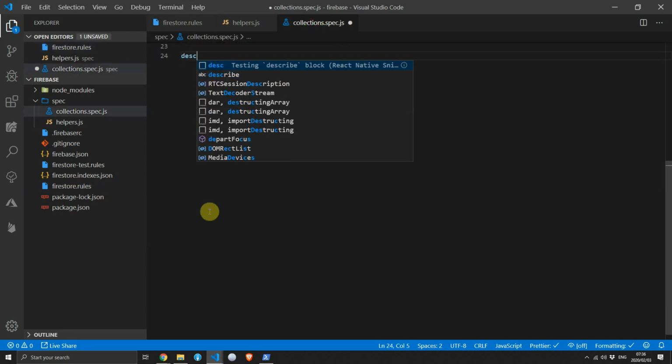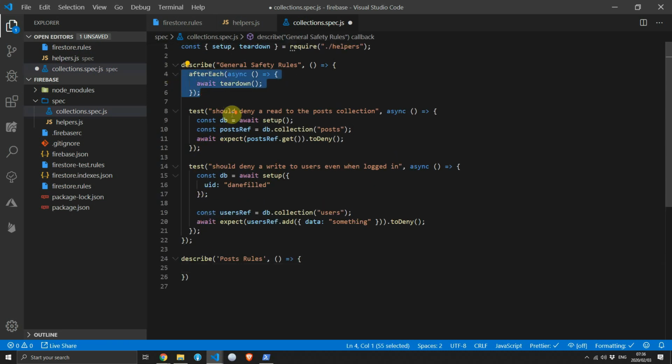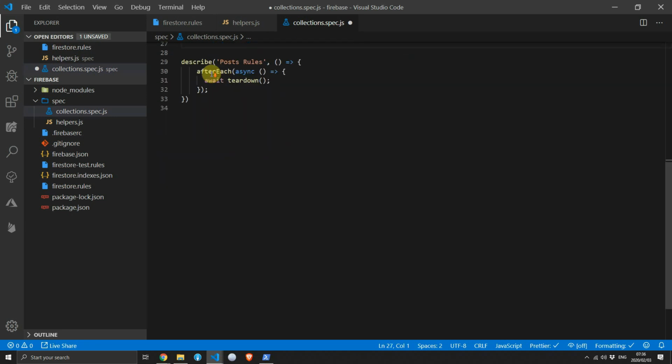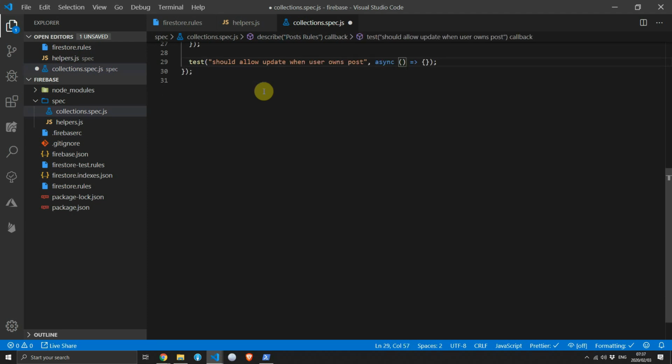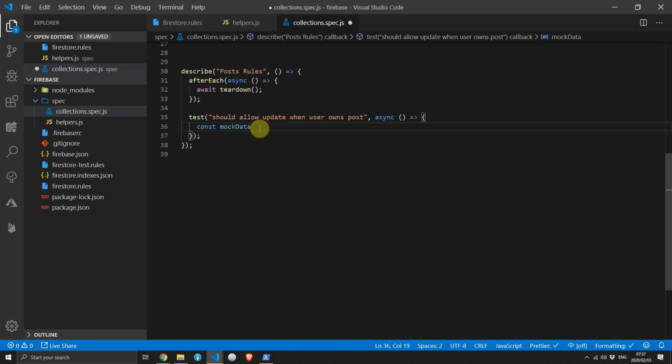Head back to the collections.spec.js file and create a new test suite. We will call it post rules. You can copy the afterEach function since it'll be the same for all the test suites going forward. Then we'll create a new test with a title "should allow update when user owns post". Mark the function that will be running as a test as async. So as I showed you earlier, the userId on the post data has to match the UID on the